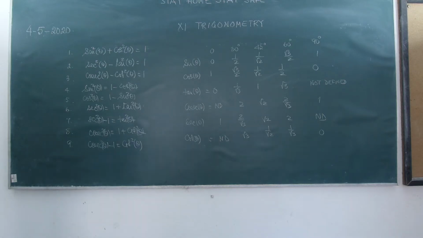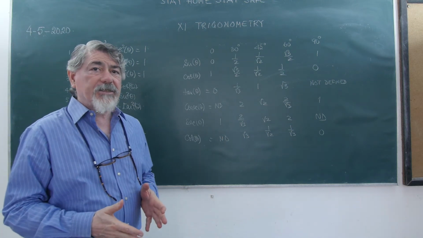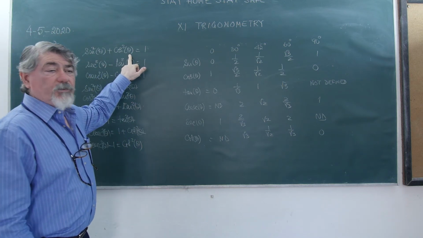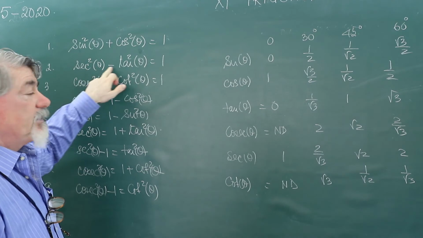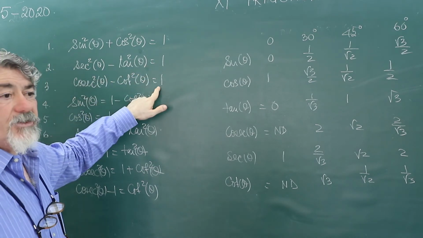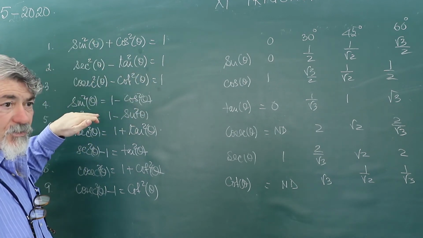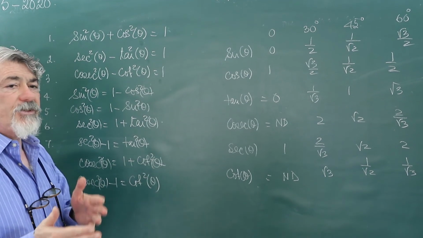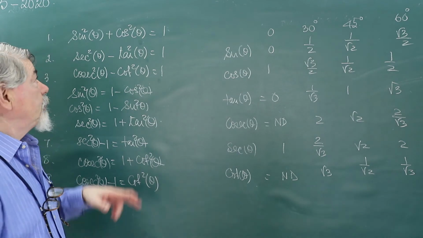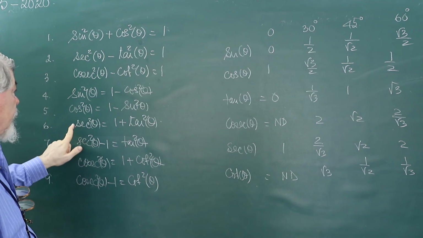We are going to discuss some of the trigonometric relations which we have already discussed in standard 10th, like sine square theta plus cos square theta is always 1, sec square theta minus tan square theta is always 1, cosec square theta minus cot square theta is always 1. These relations can be written in different forms also by transferring from right to left, so that depending on the situation, what we need we can get. For example, sine square theta can be 1 minus cos square theta, which I have written here.